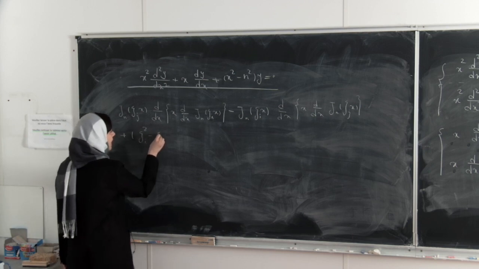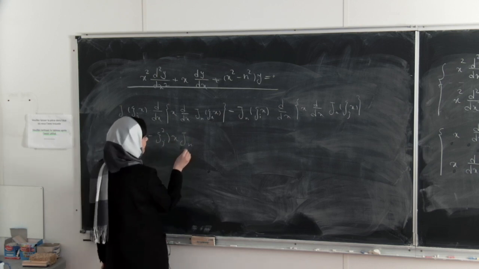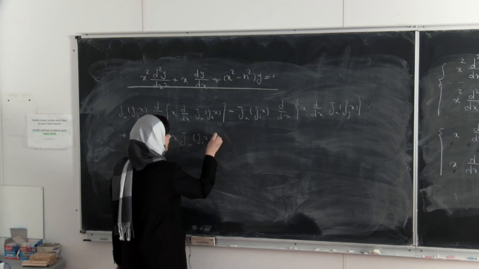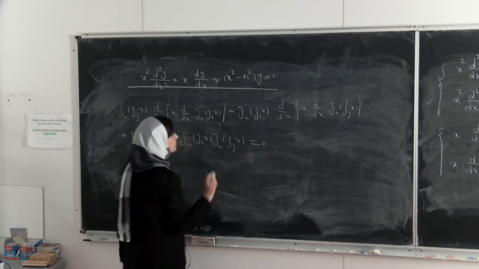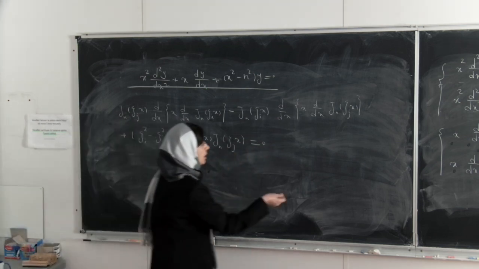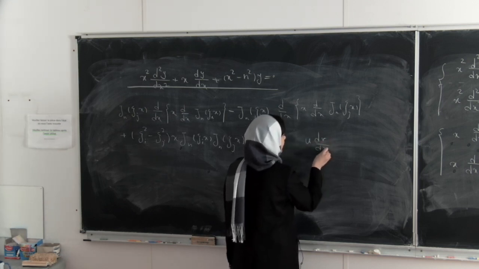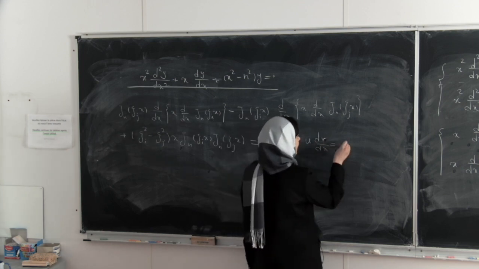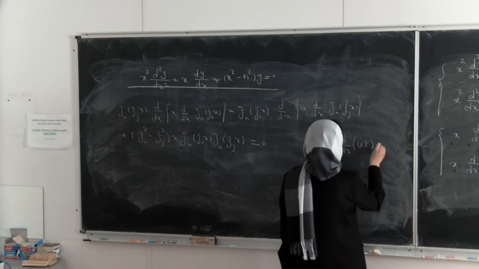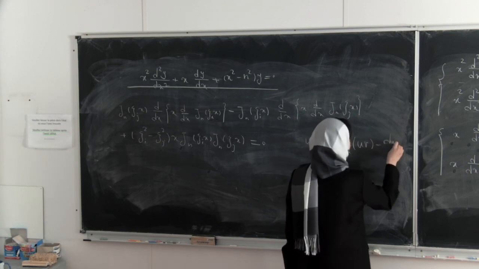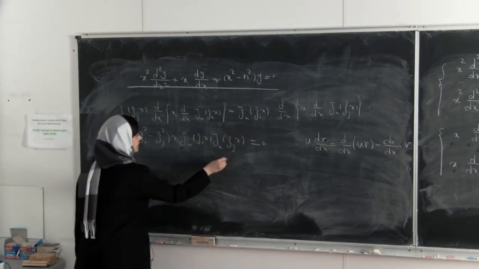chi i squared minus chi j squared, x times the Bessel function of chi i x times the Bessel function of chi j x, equals 0. Now, by using the fact that we know u dv, the derivative of v with respect to x, equals the derivative of uv minus the derivative of u with respect to x times v, we can write